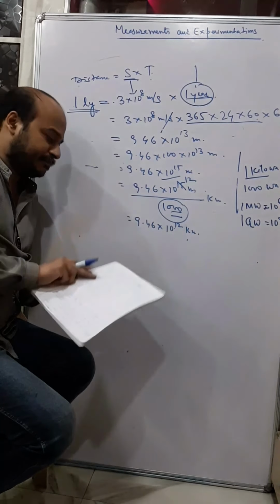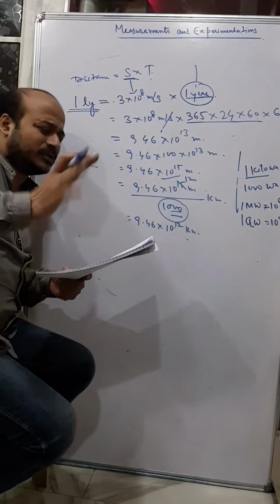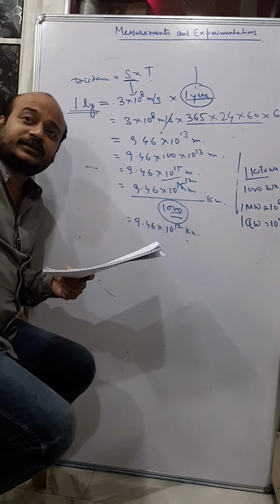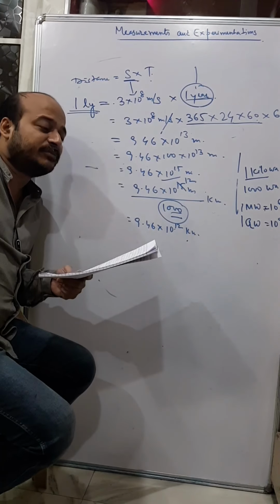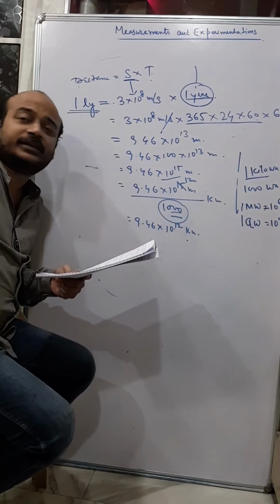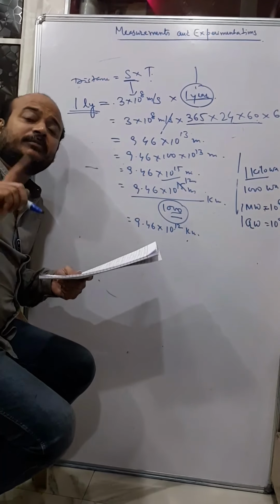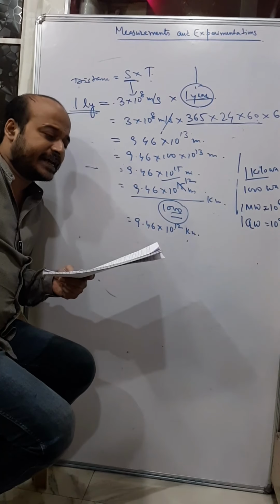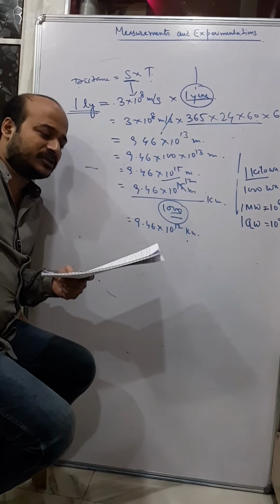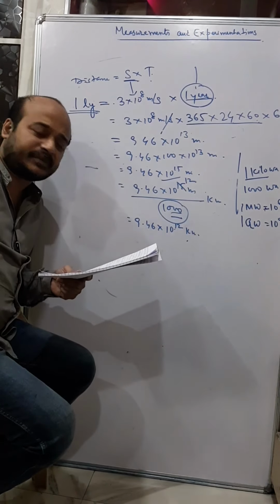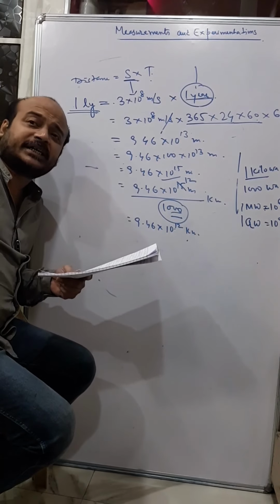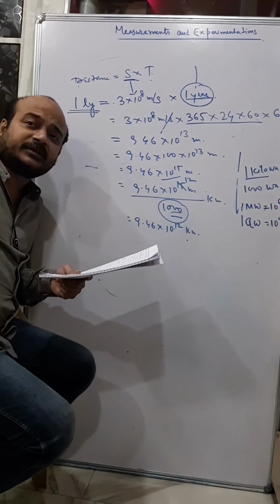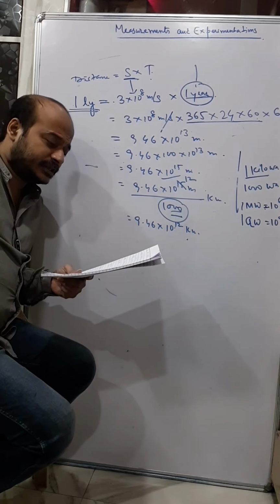And similarly, parsec, you have to know the values. This is still a bigger unit than light year. In fact 3.26 light years is equal to 1 parsec. You also have smaller units like Angstrom, Fermi. So just go through them. 1 Angstrom is given there, 10 to the power minus 10 meter. Fermi, 10 to the power minus 15 meter. Now this conversion sometimes comes in exams in the form of fill in the blanks. So you should learn all this.